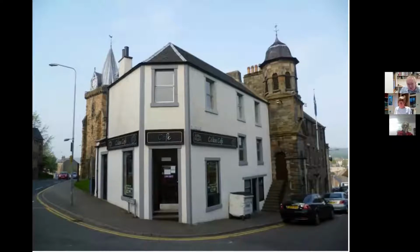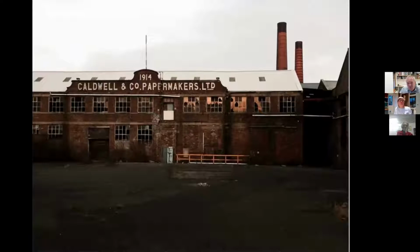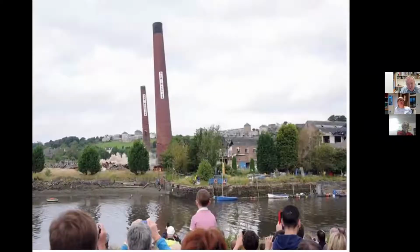And also the story of where we eat and where we drink, and the buildings that came about to provide for that, and where we work. Colwell's paper mill, obviously built in 1914, which was a fairly momentous year for Inverkeithing and indeed the world. So that's it at the start, and this is it at the end. So it starts a whole new chapter. There's the chimneys falling down, and I think we look aptly to see what's going to be the replacement there